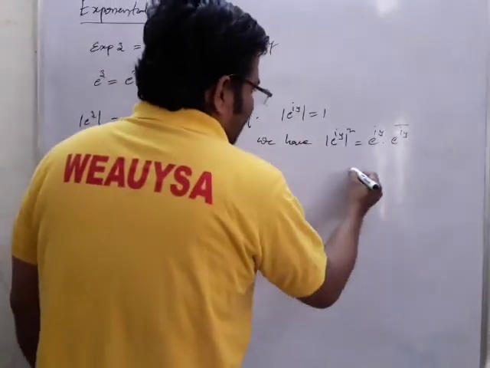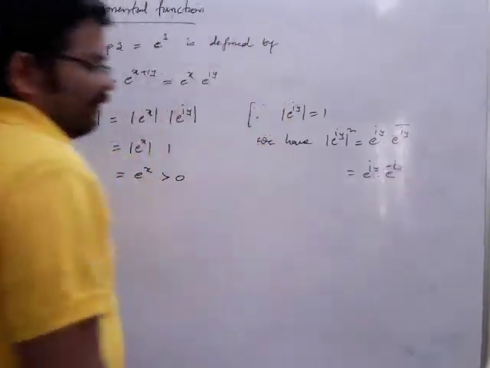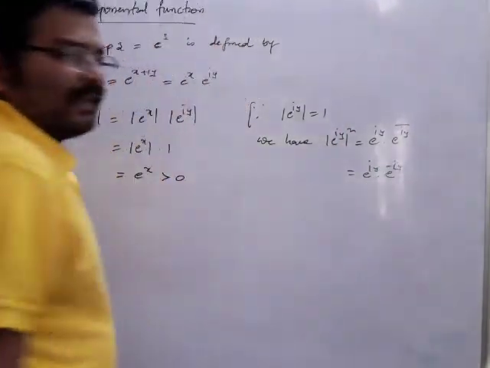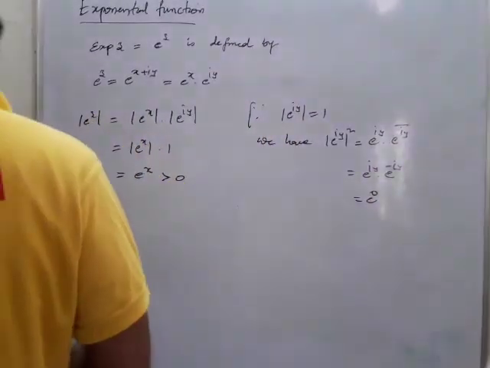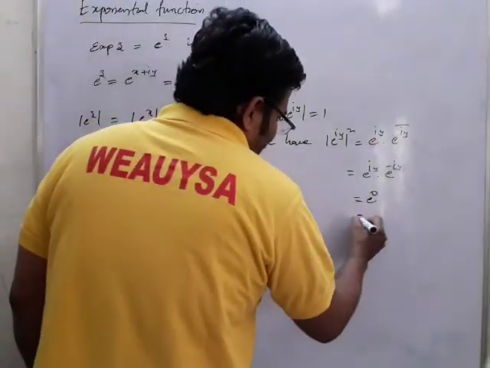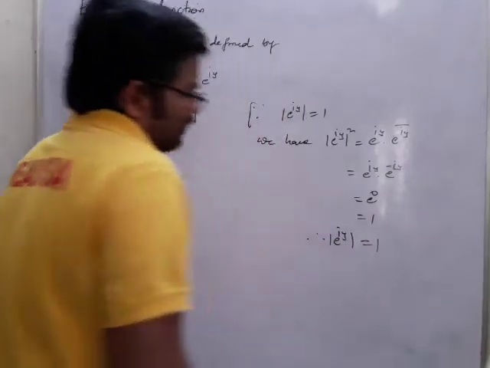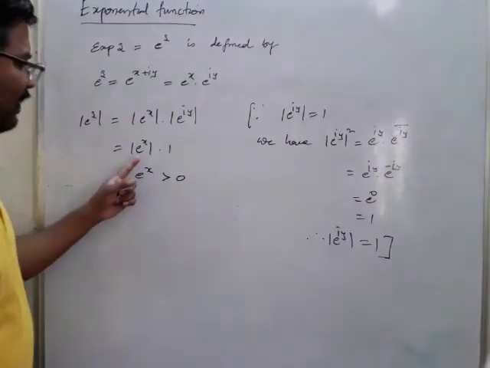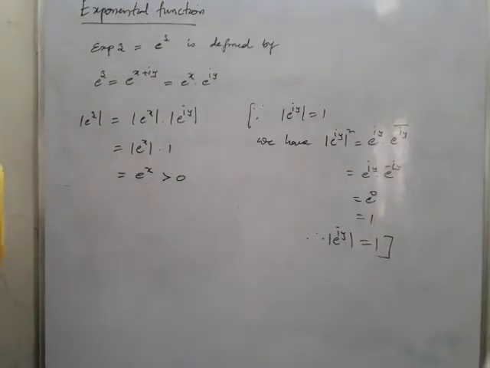So therefore that is equal to e power iy into e power minus iy. That can be written as e power iy because of this bar, so minus i e power iy. Now this is e power 0. So e power 0 is what? It is nothing but 1. So therefore mod e power iy squared is 1, and taking the square root, it becomes 1. So this is how you can prove that mod e power iy is nothing but 1, and e power x is greater than 0. Okay, then after this